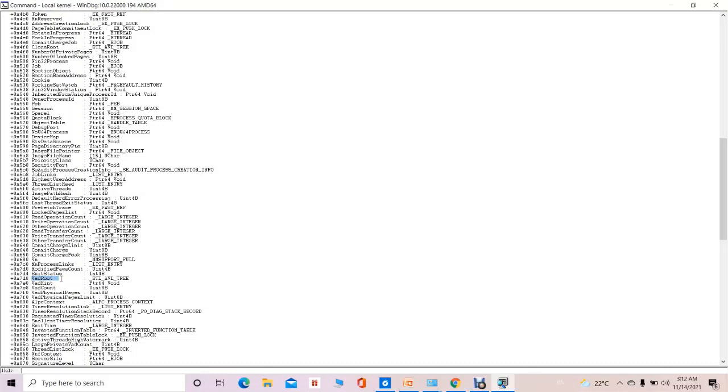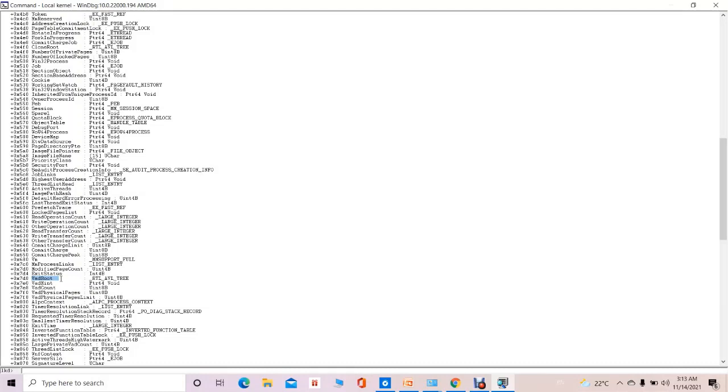All the VADs are arranged in a hierarchical tree structure, and at the top of this hierarchical tree structure there is a root node that is called the VAD root node. This VAD root is going to have a value that is some virtual address. By converting this virtual address to the physical address, it is possible to get access to the root node. From the root node, we can get the left child and the right child of that tree structure, and that way we can move on to parse the entire tree structure.